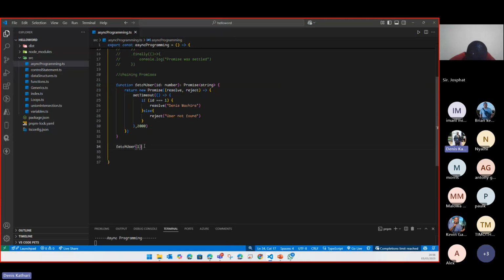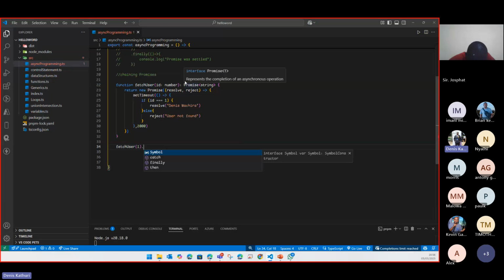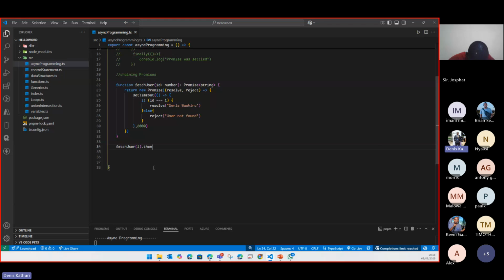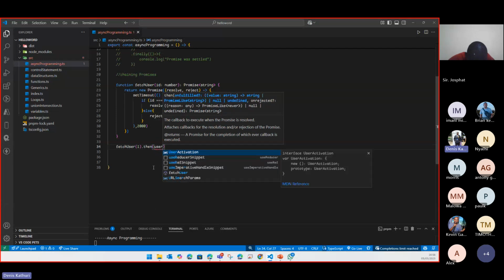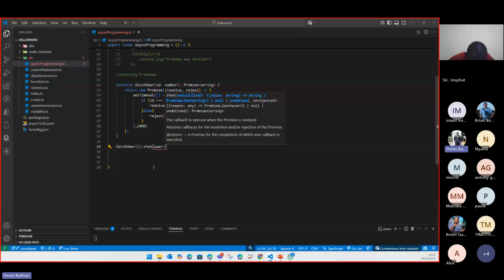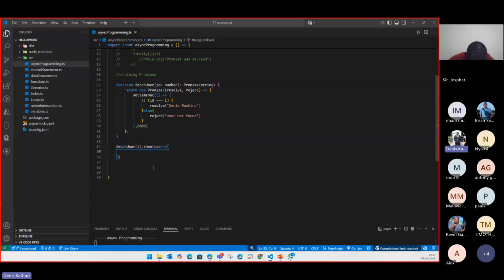So just below my function, I add .then. If you use the dot, you'll be able to see the four functions that you can perform on fetchUser, because fetchUser returns a promise of type string. If I want to resolve my promise, I use the .then function with parentheses, then display the user, whatever was passed when the promise resolved. So an arrow, then whatever the promise is returning here, the resolved value. I just need to console log